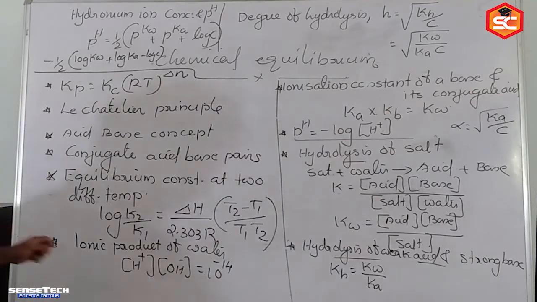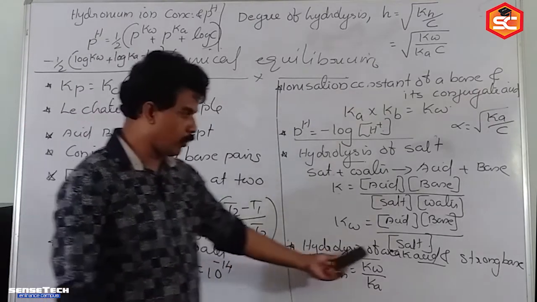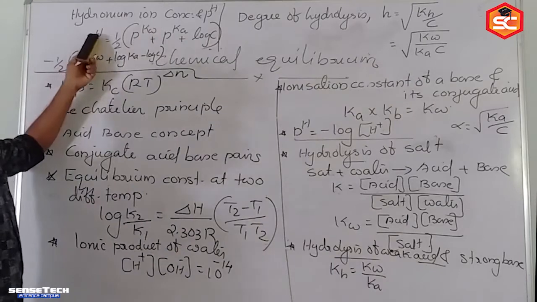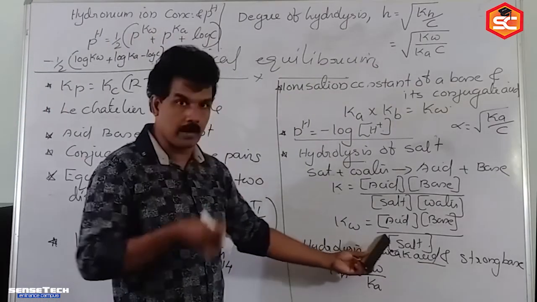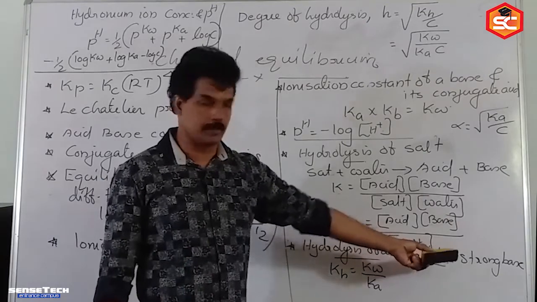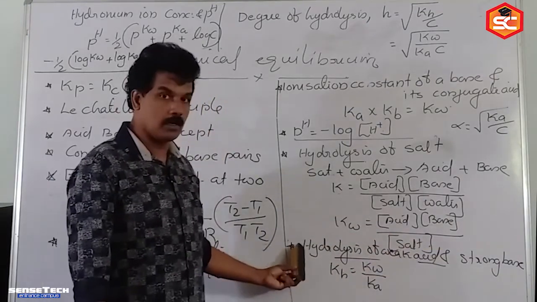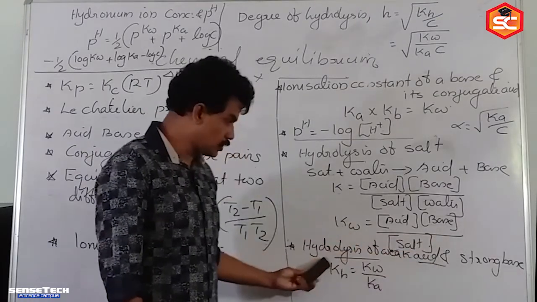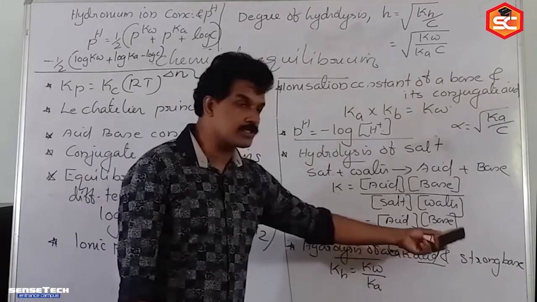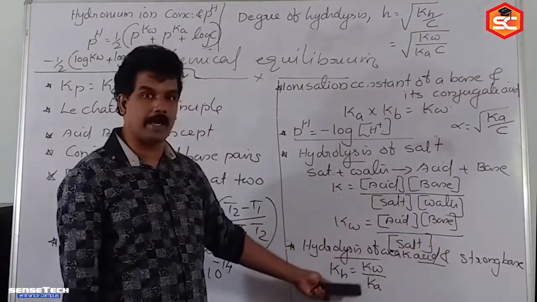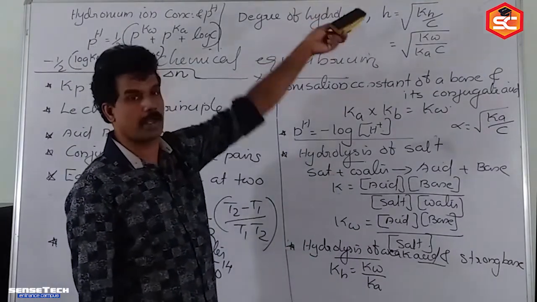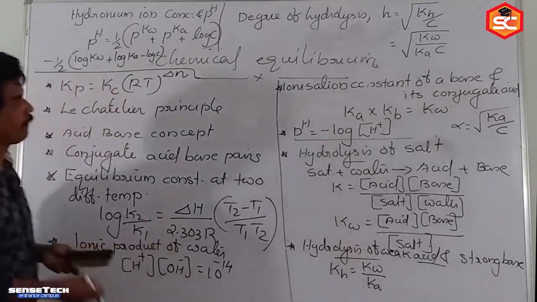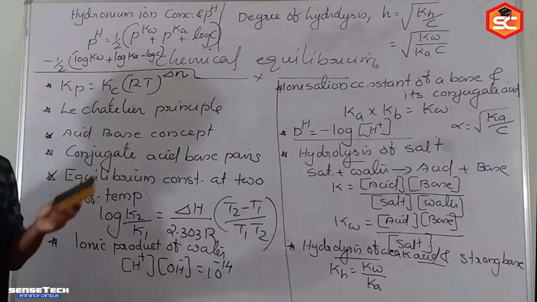Then next one, are you not to know all the equations here? Hydrolysis of weak acid and strong base, this formula, and then you have to change it for hydrolysis of weak base and strong acid. So what is KH? The question you must clear is what concept they are giving. This is weak acid and strong base. Next one is for weak base and strong acid. So KH is equal to Kw by Kb. So H is equal to root of KH by C, so root of Kw by Kb into C. Then you write the pH.